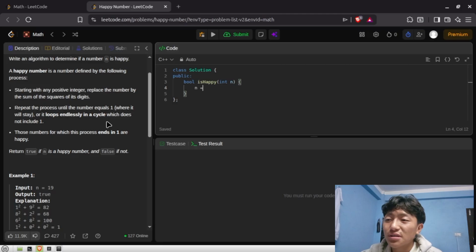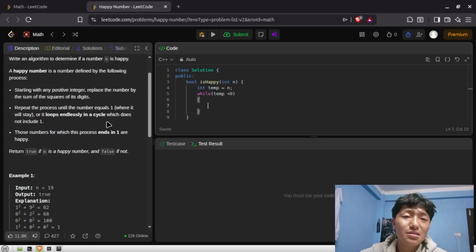Let me do n equals to temp for now. No, my bad. int temp equals to n. While temp is less than 0. Since the instructions have instructed us that it is for positive numbers, we are just going to ignore negatives, guys, only focus on the positive. While temp is less than 0, what I want to do is